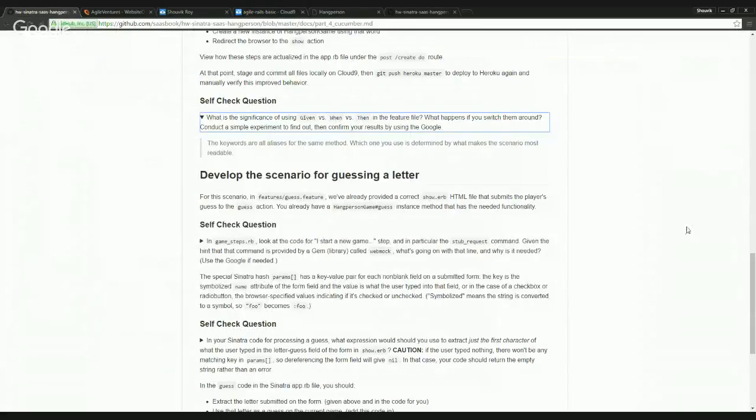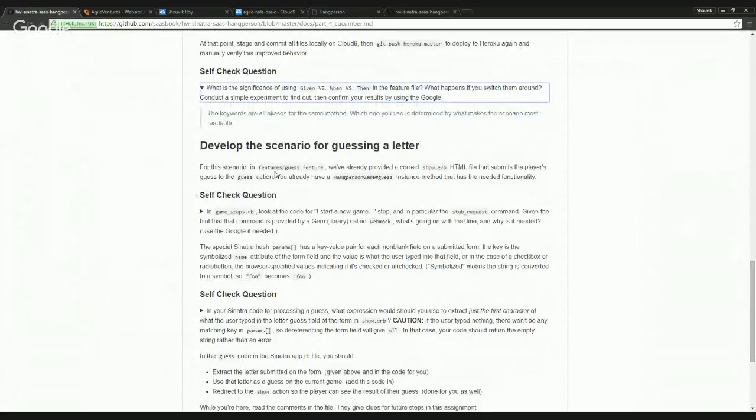Okay. So next we have to develop the scenario for guessing a letter. For this scenario, in guess dot feature, we have already provided a correct HTML file that submits the player's guess to the guess action. You already have a HangpersonGame guess instance method that has the needed functionality. Okay, so what are we supposed to do in